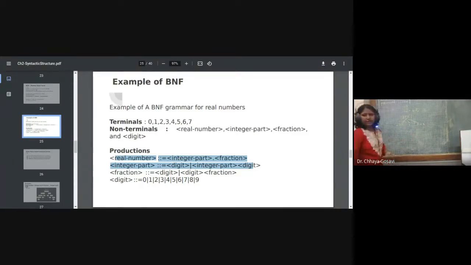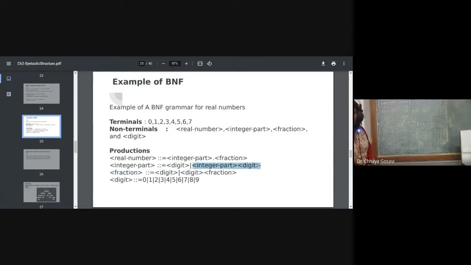For replacing real, which is my start symbol, I am using the right hand side of this production rule, which is int dot fraction. Now what is int? I can replace it by digit, only one digit, but I have more than one here. So I have to choose this part, integer and digit.